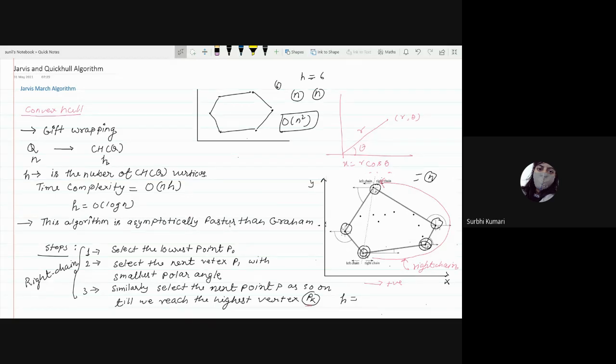But the log n that we have taken here is a special condition. Yes, a special condition: if we are going to form the convex hull by using log n points, then its time complexity will be better than the Graham-Scan algorithm.